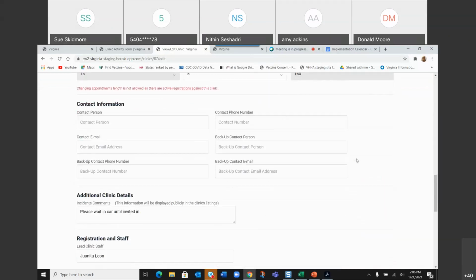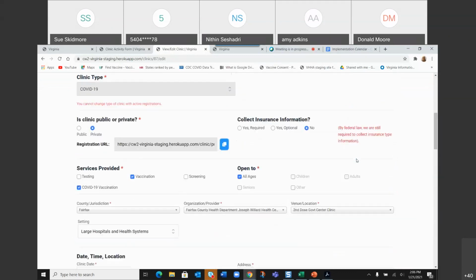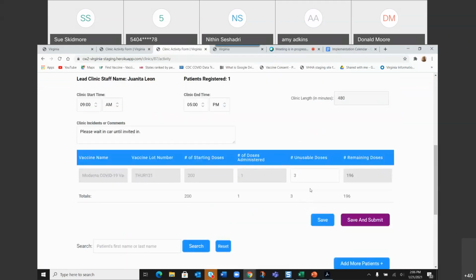And when you get down here, back here, activity form, sorry, defaults to View Edit Clinic. You'll see that I have 196. So I started with 200 minus the 1 I gave and the 3 that I wasted for a total of